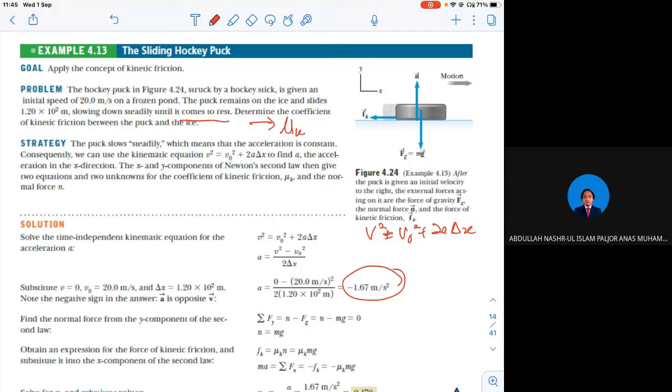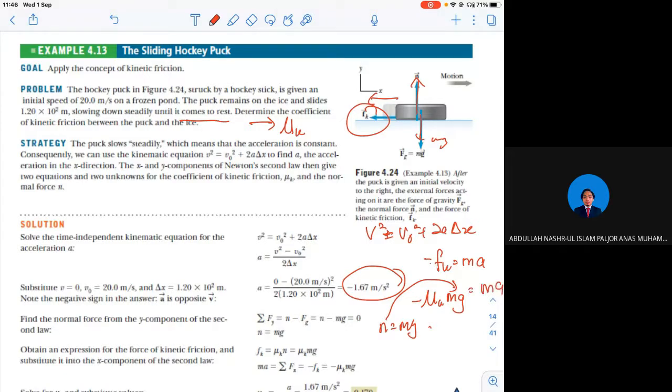Okay, and then you can establish that this is the normal force and mg. The part is going that way, and obviously it will have a certain friction, the kinetic friction. So in Fy, N minus mg, and N is equivalent to mg, and in x it is only fk. So negative fk equals ma. What is negative fk? Negative mu k times mg, because N equals mg,